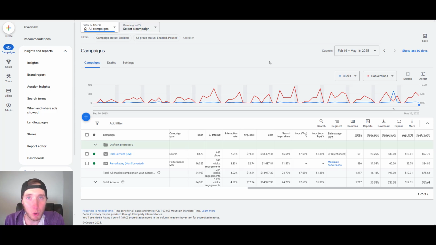Today, we're going to be going over some quick fixes that you can make to your Google Ads campaign to try to get a little bit more out of it, boost its performance, and get some more leads coming out